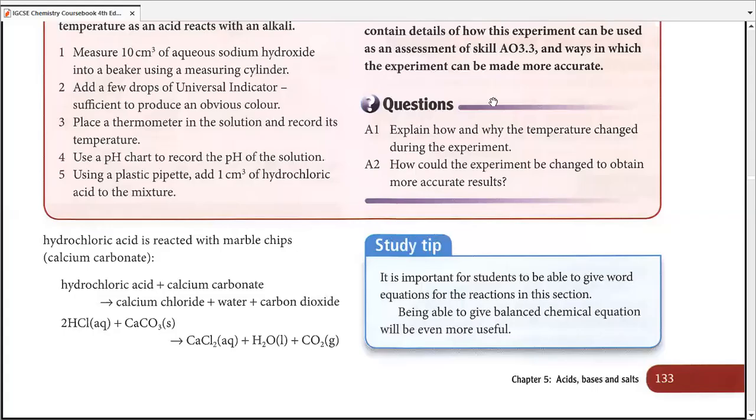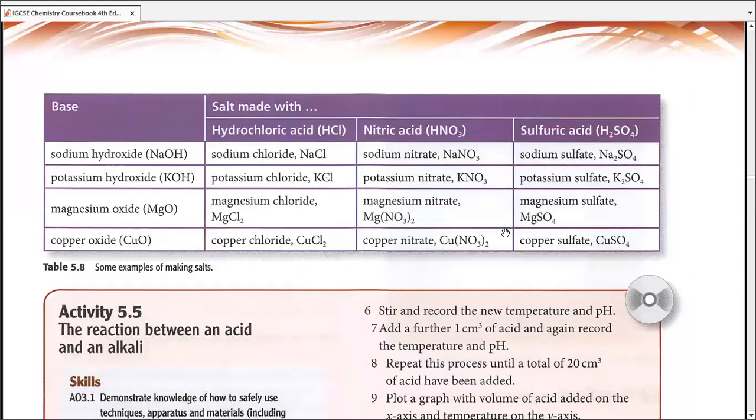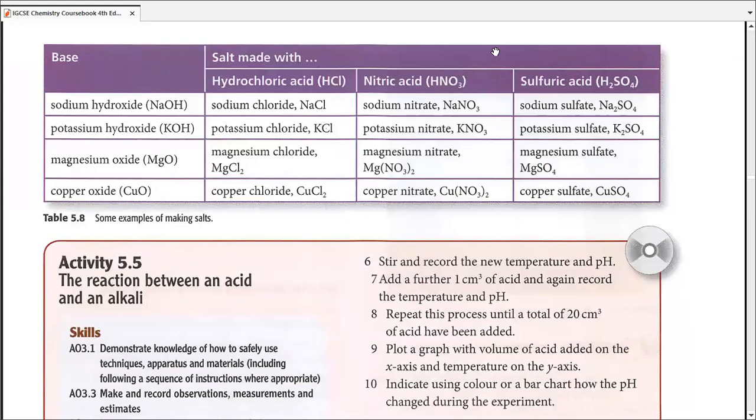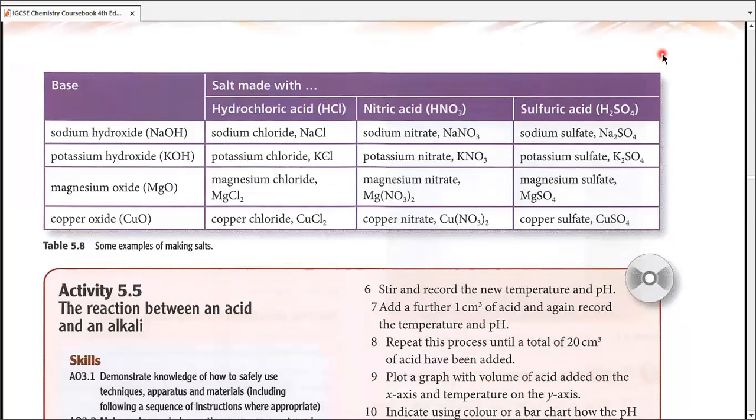So on the top of this page, you'll find a big table. Now this table is going to clarify many things for us. If you look at this table, you would see that it starts off with a base, and then there are some salts made, and there are different acids by which we are making those salts. So if it's hydrochloric acid, something you'd notice is that all the salts are chloride salts. If it's nitric acid, all the salts are nitrate salts. If it's sulfuric acid, all the salts are sulfate salts. It only depends upon the base